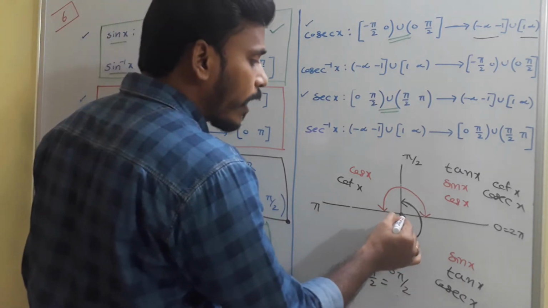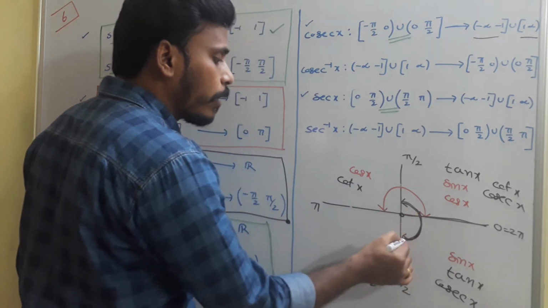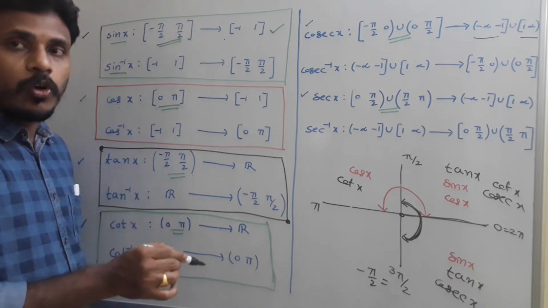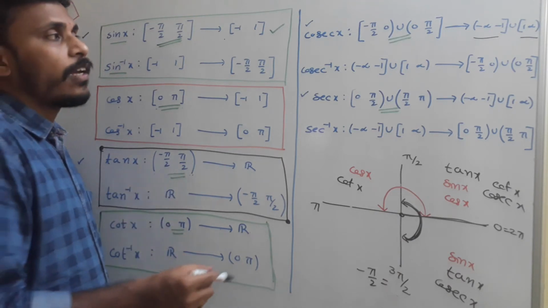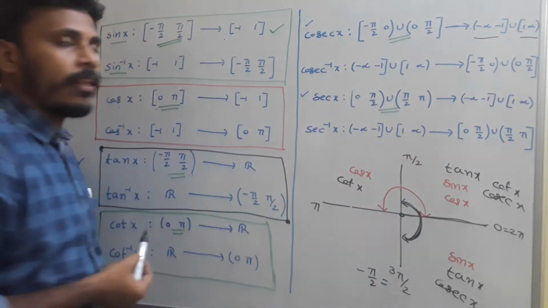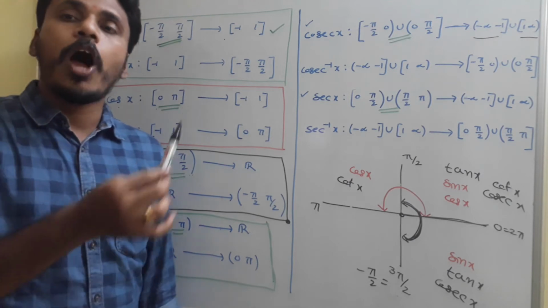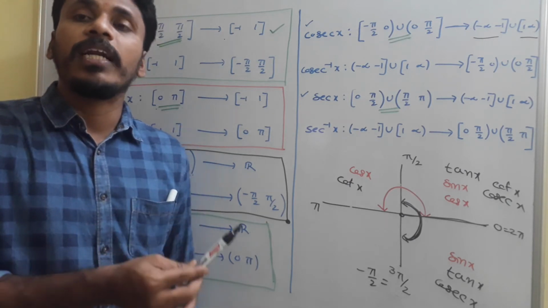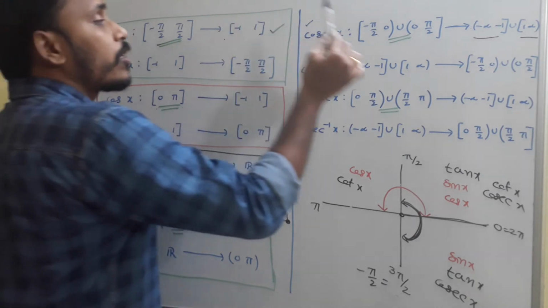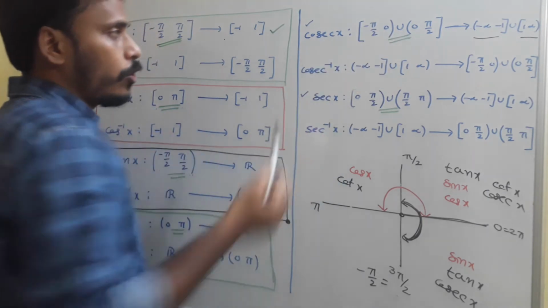We need to eliminate this 0 from the interval minus pi by 2 to pi by 2, because at cosecant 0 the value is infinity, which is not included. That's why we use open intervals at infinity. As I mentioned, real numbers go up to infinity, but infinity is not a real number. Cosecant 0 does not exist in real numbers, so we need to eliminate that 0.